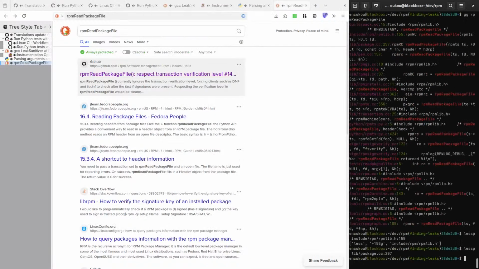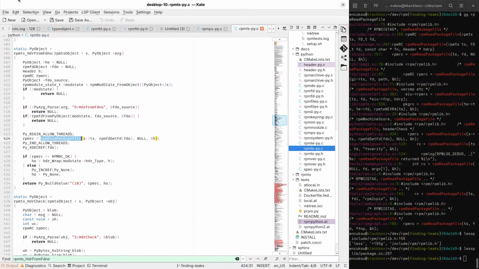So I have a theory here. What if RPM read package file sets this header output argument, but then returns an error? How do you determine errors here? But that would have to be one of these return null, right?